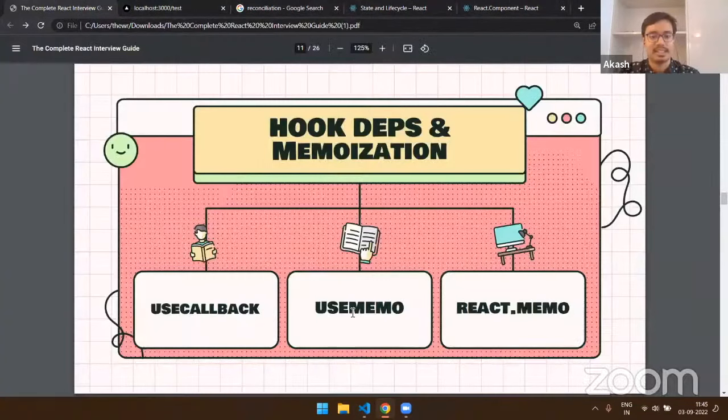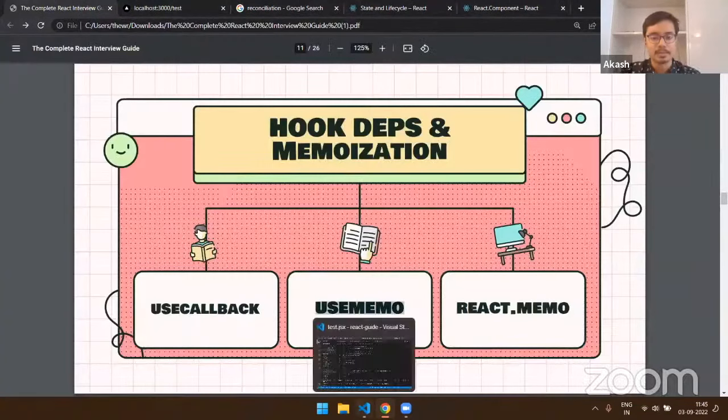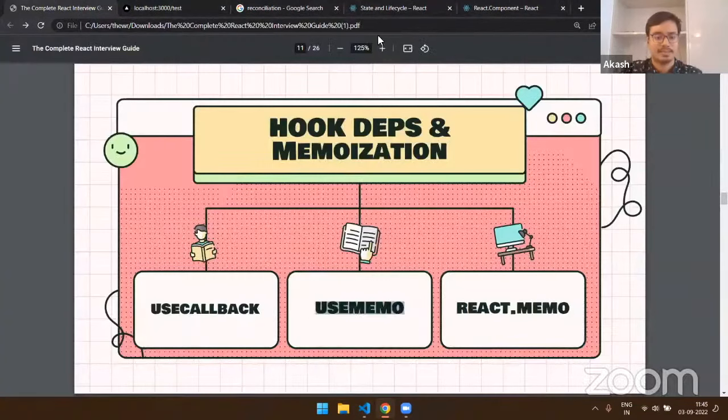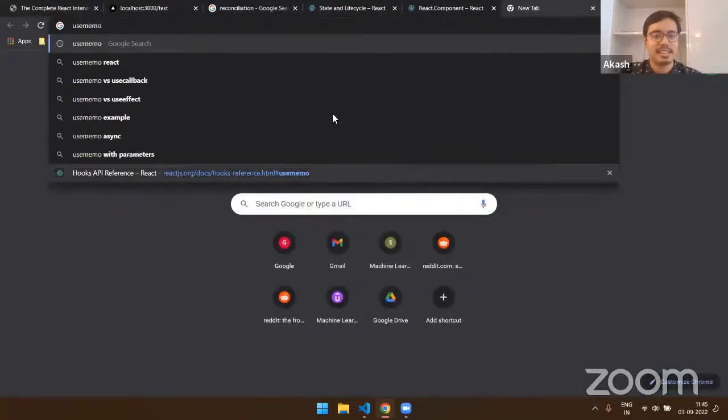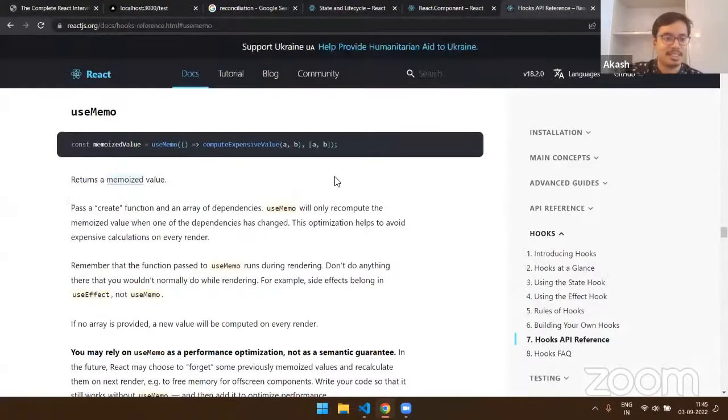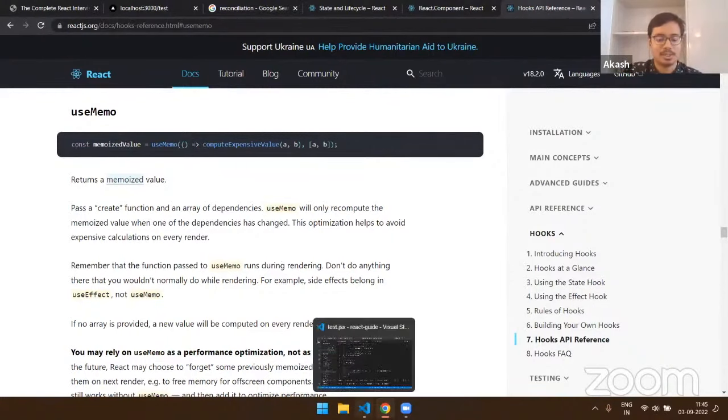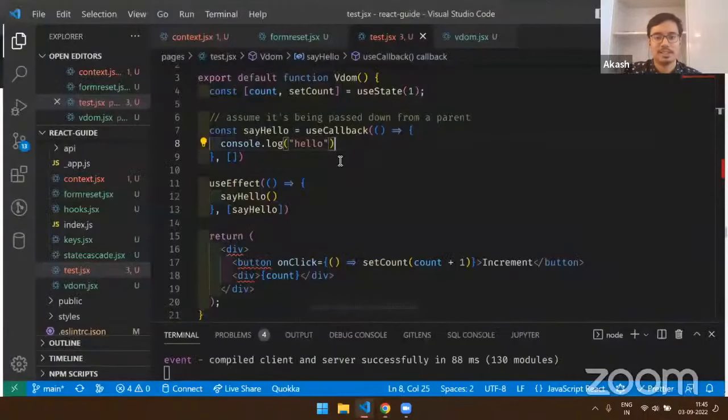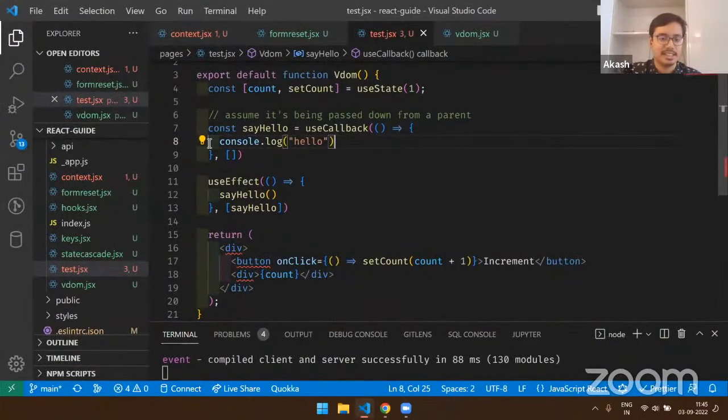how it works. The next one is useMemo. So useMemo is, let's go to the hooks reference page for this. I think it's again a very interesting hook that we can use. useMemo is used to stabilize the reference to a value, while useCallback is used to stabilize the reference to a function. And in this case,